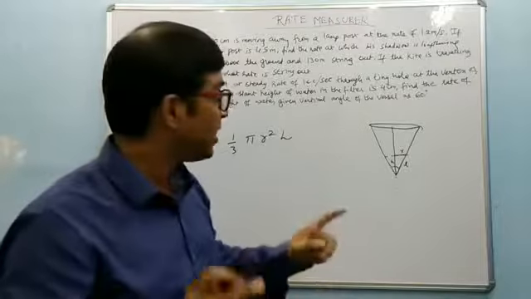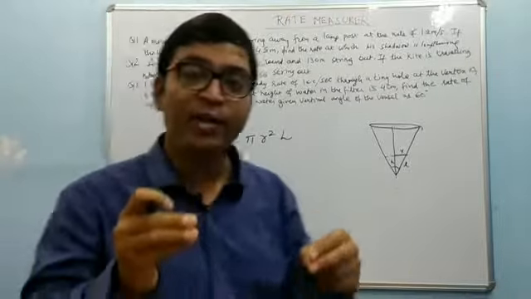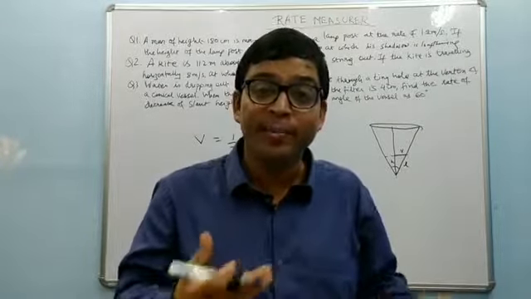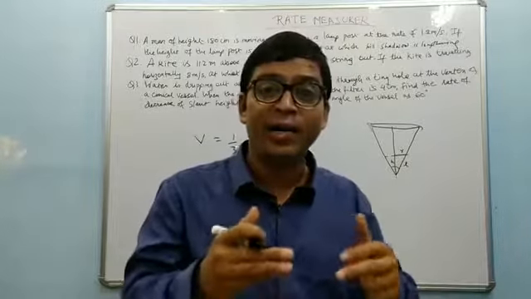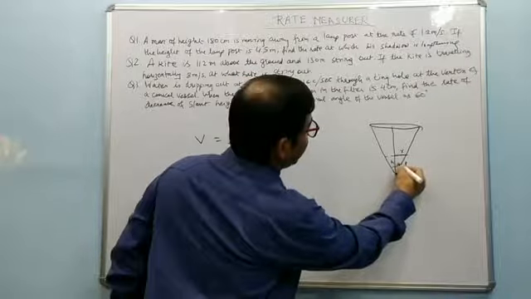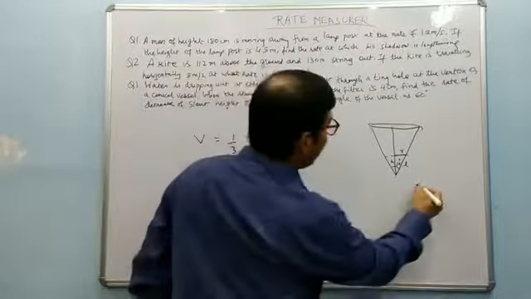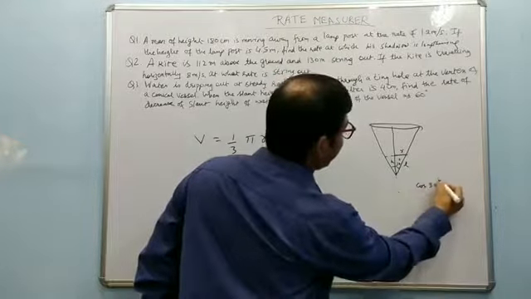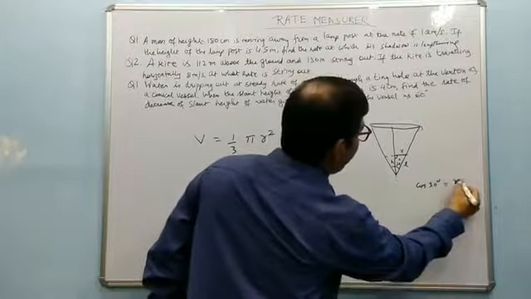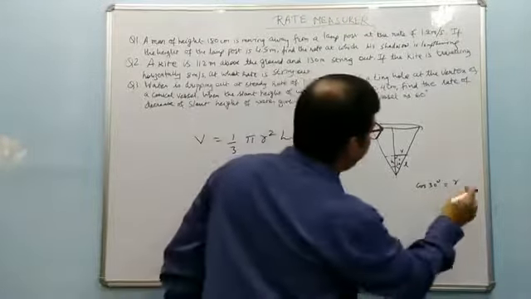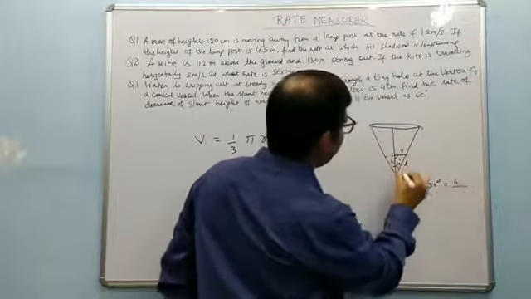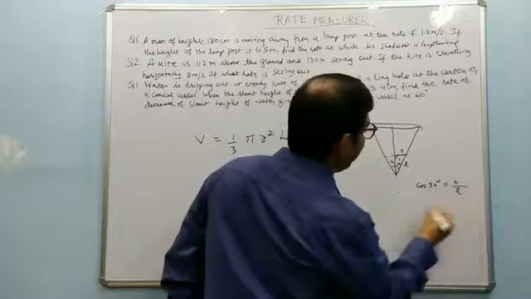Filter is this. Find the rate of decrease of slant height. So we are interested in slant height only, so we have to get the values of r and h in terms of L. Whatever variable's value we need, we convert the other variables in terms of that only. See here, if the complete angle is 60 degrees, then it will be 30 degrees. So we can write cos 30 degrees by Pythagoras theorem. You know what it is coming out to be? Base by